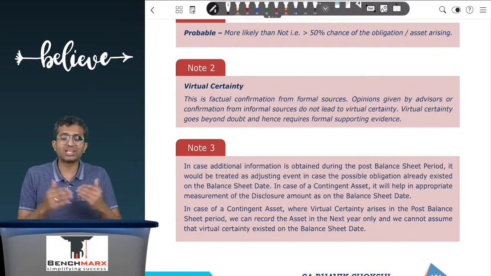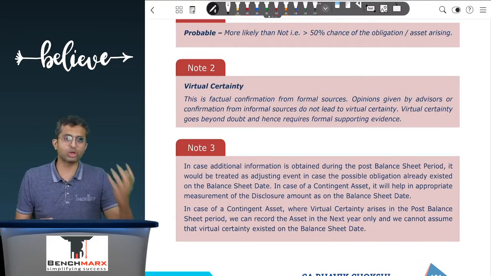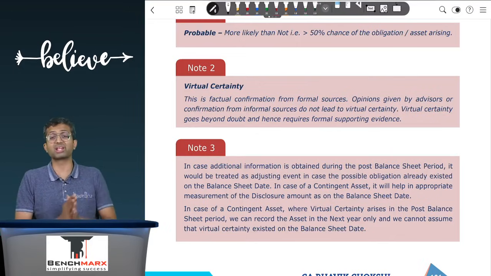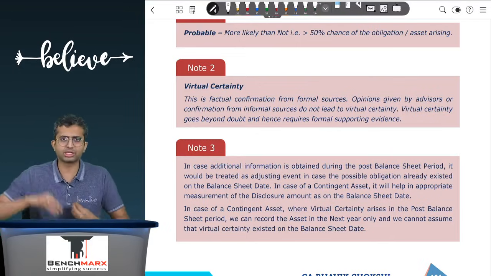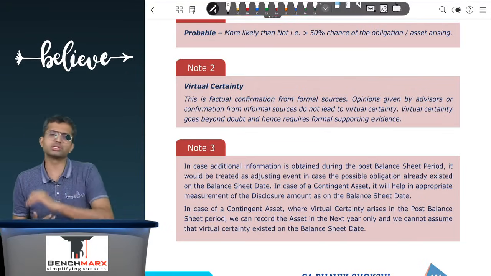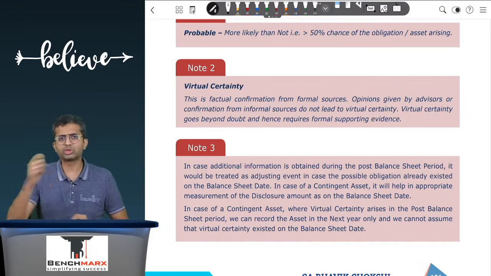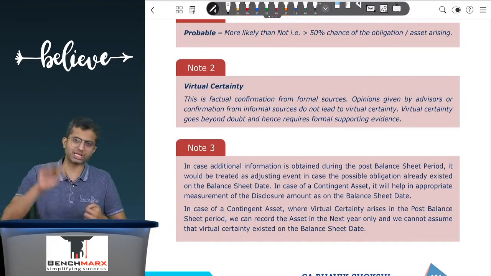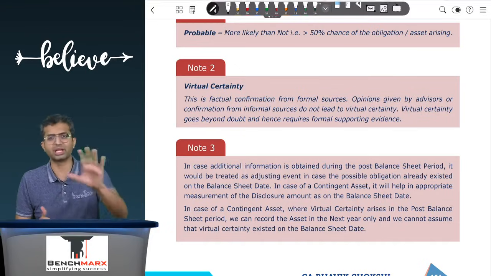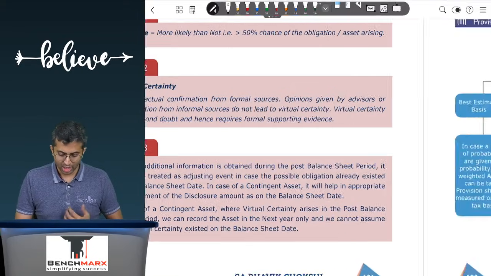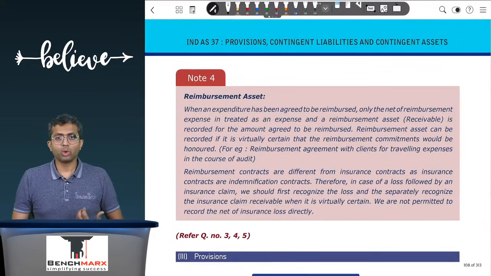However, this is when there is a reimbursement. However, insurance claims are more of indemnification contracts and not reimbursement contracts, where the loss that is suffered is the entity's loss. It is not someone else's loss. It is the entity's loss, and hence you will recognize the entire amount of loss. And then once you file the claim, you will recognize the contingent asset, and once the claim is actually approved formally by the insurance company, that is when you will recognize a receivable. Till the time it will at best be shown as a disclosure. So over here,